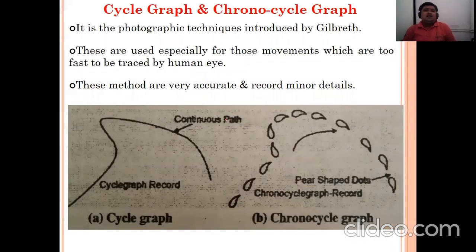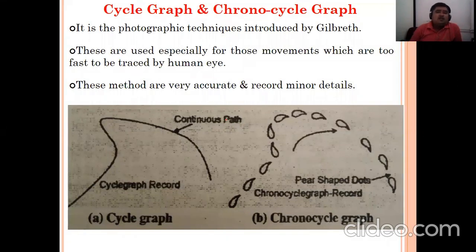One more part is there, that is the cycle graph or chronocycle graph. Okay, cycle graph and chronocycle graph. What is this? This is a photographic technique introduced by Gilbreth. In the first chapter itself we found Taylor and Gilbreth and their contribution.